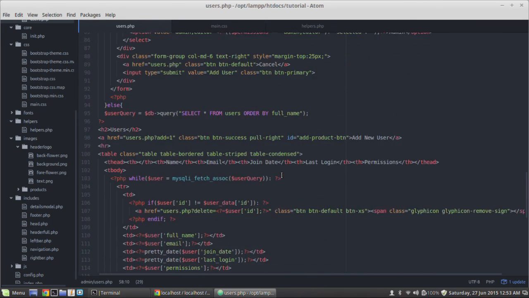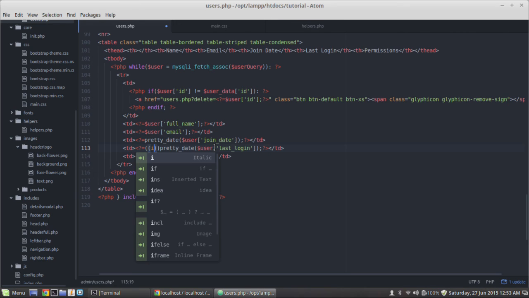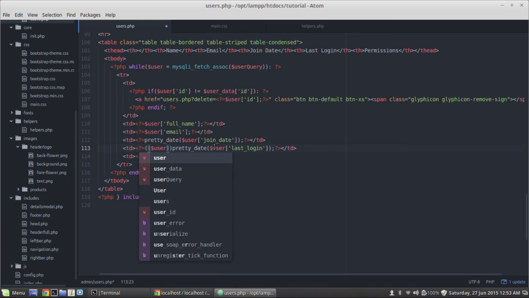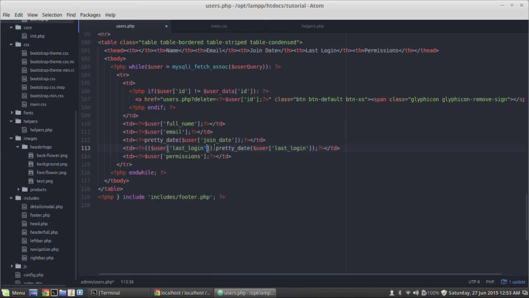in our table for last login, we're going to add a ternary operator here. Okay, and what we're going to do is we're going to say if user last login, okay, if the user's last login is equal to, and then it was 0.000,